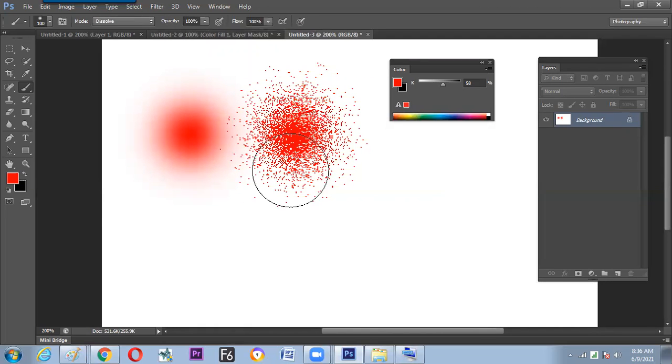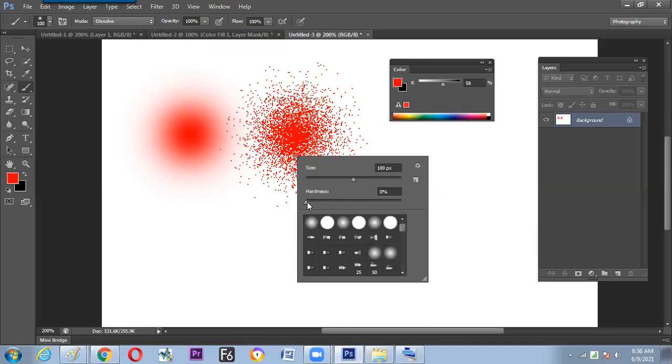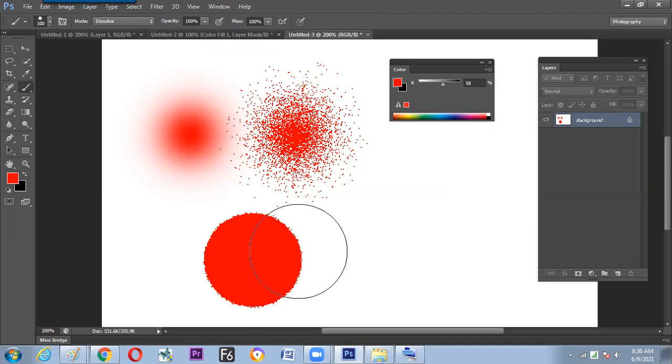If the same brush has a hardness of 100%, then the dissolve will appear less. So what we have seen now is that hardness plays a role. If the hardness is high, the dots are fewer. If hardness is less, the dots are more. Next, what is the mode we are learning? Dissolve mode.